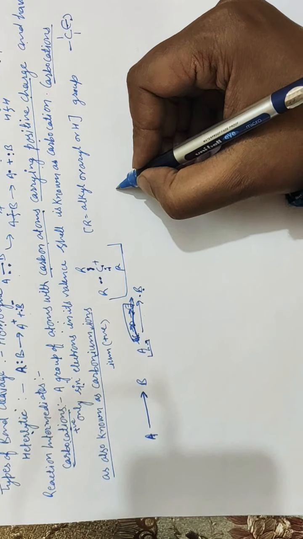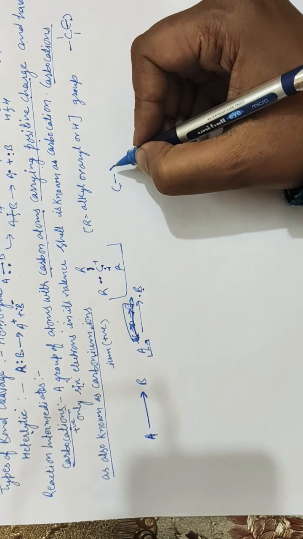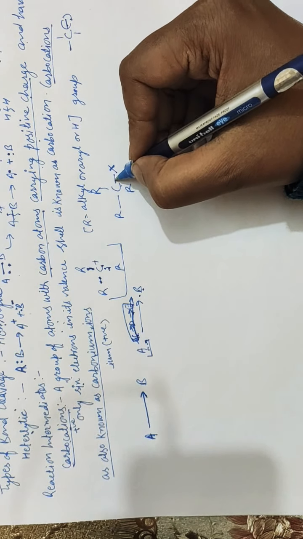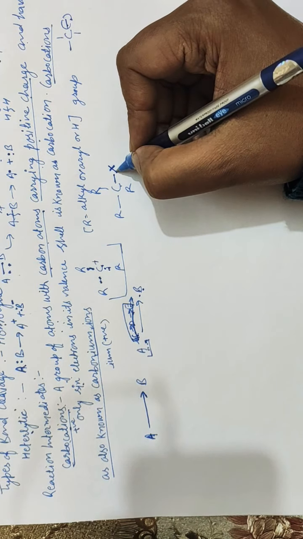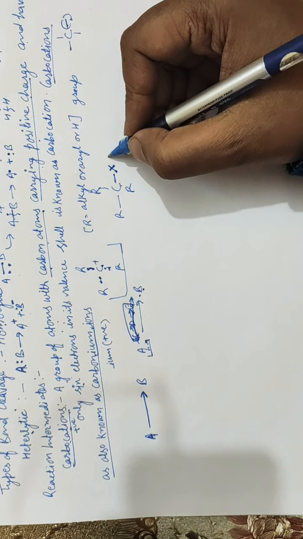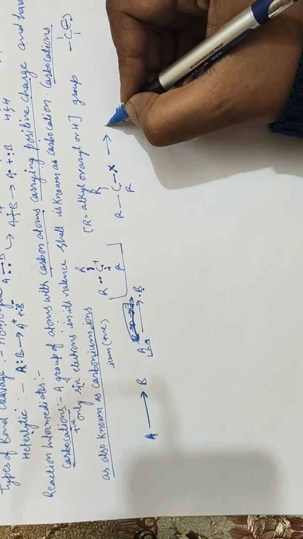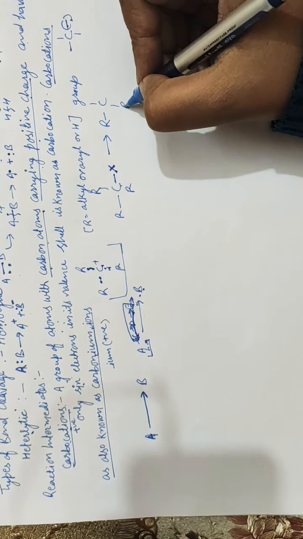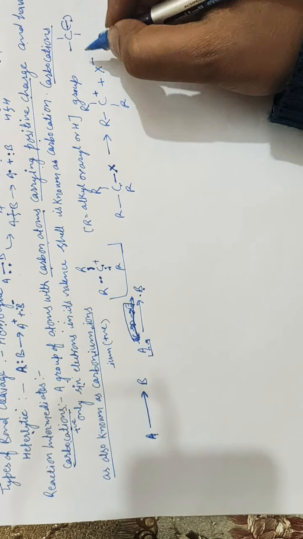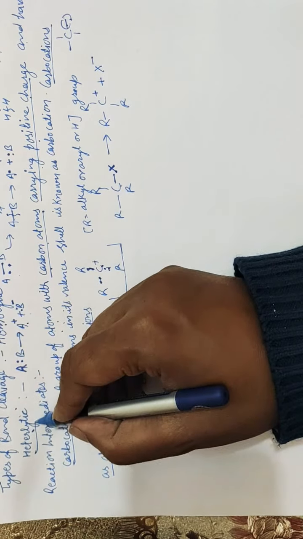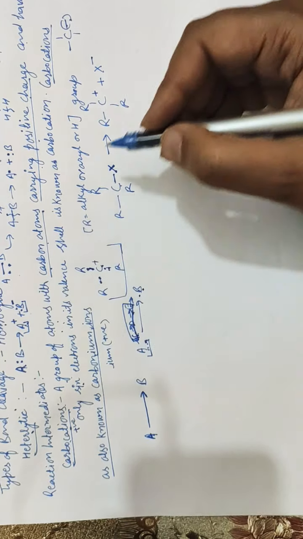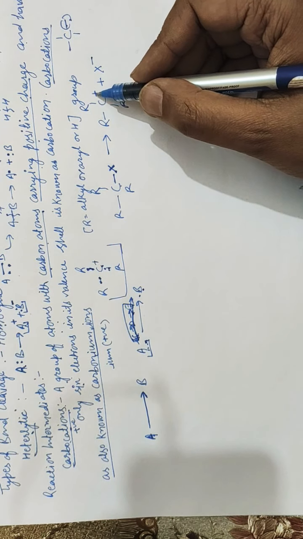For example, the starting material is like this, where I have represented the heteroatom with the letter X. A heteroatom, as I already told you, is an atom different from carbon. It will react to form the reaction intermediate, the carbocation, with a positive charge and a negative charge like this. There is a heterolytic cleavage which results in the formation of a cation and an anion, and the cation is the carbon atom having a positive charge.